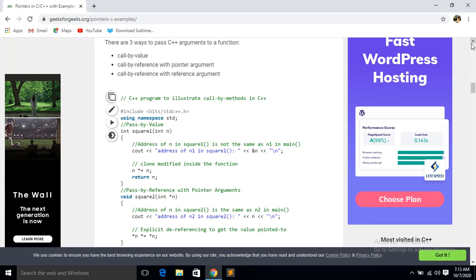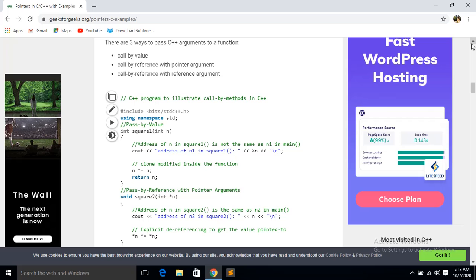Come to the portion on page number 383, 8.6, program to swap values of two variables using the pass by reference method. Swapping two values you have already done. Here the same program they have done using pass by reference.